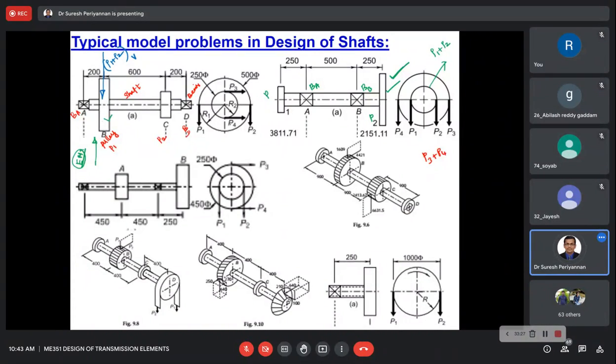Now see here, the second pulley. This I am considering as the second pulley. In this pulley it is a horizontal load. Just imagine it. This is the horizontal load. How much horizontal load is acting at the point C of the shaft, or you may consider it on the beam at the point C? The horizontal load is P3 plus P4.